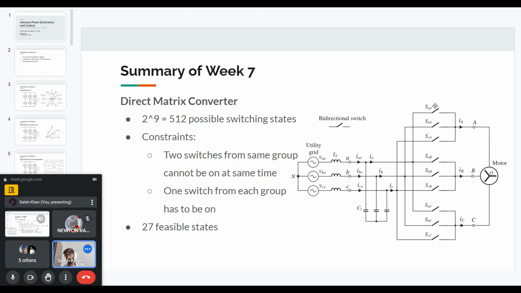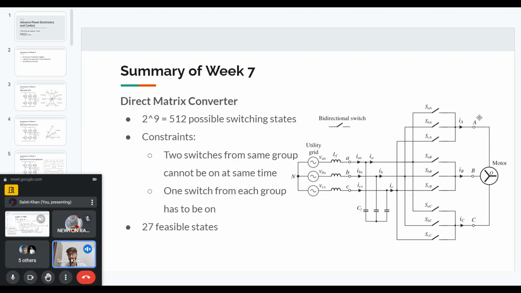So if no switch is on in a group, that means the A phase current at the output does not have any path to conduct. And if it's an inductive load, that will lead to high di/dt because of breaking the output current, and we will get high voltages,